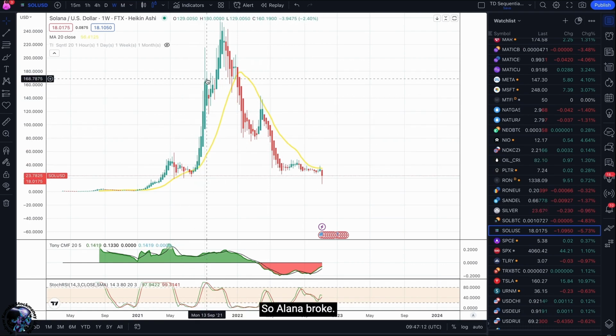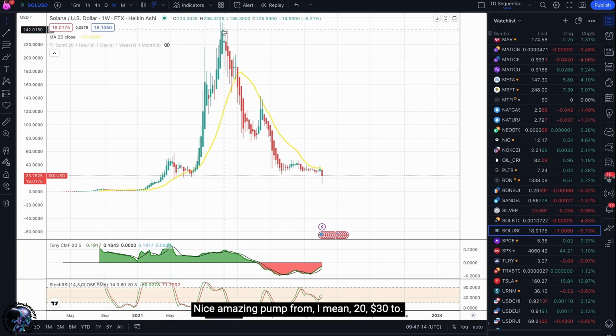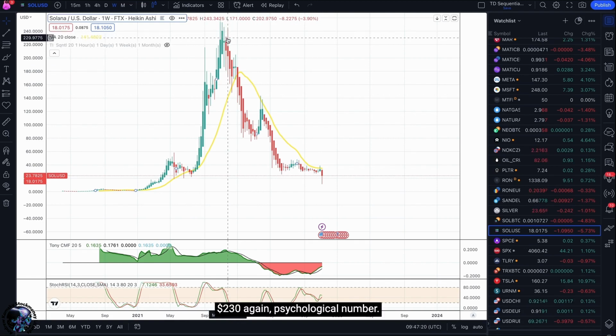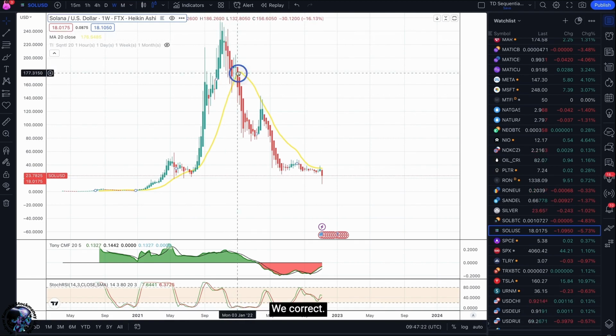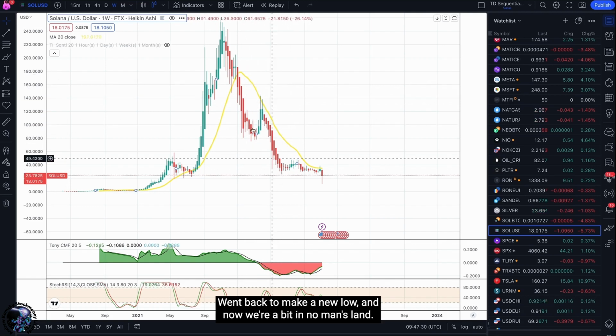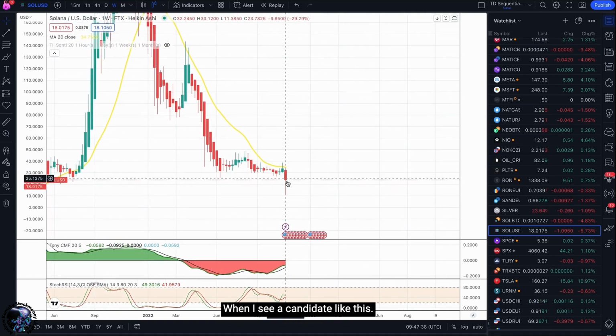Solana broke and had a nice, amazing pump from $20, $30 to $230. Again, psychological number. We cracked the moving average straight away. We found resistance at the moving average. We went back to make a new low, and now we're a bit in no man's land. When I see a candle like this,